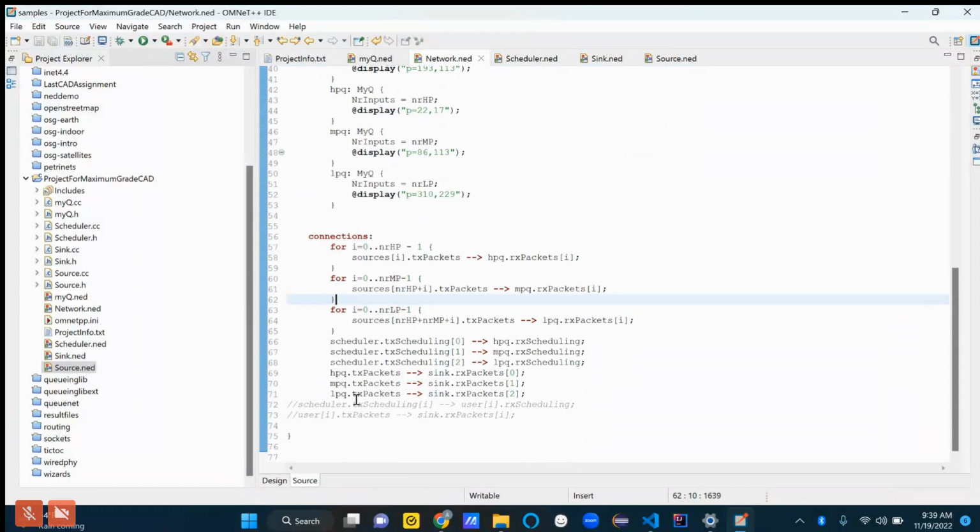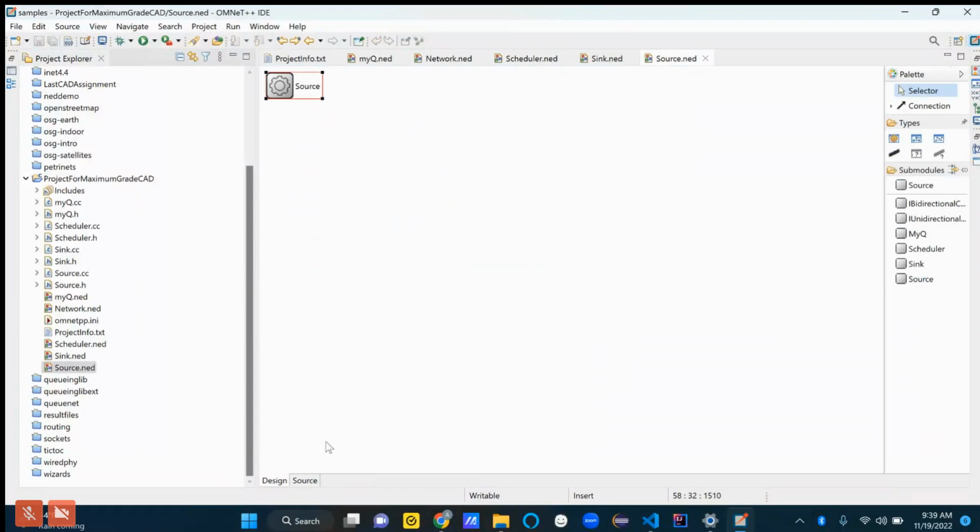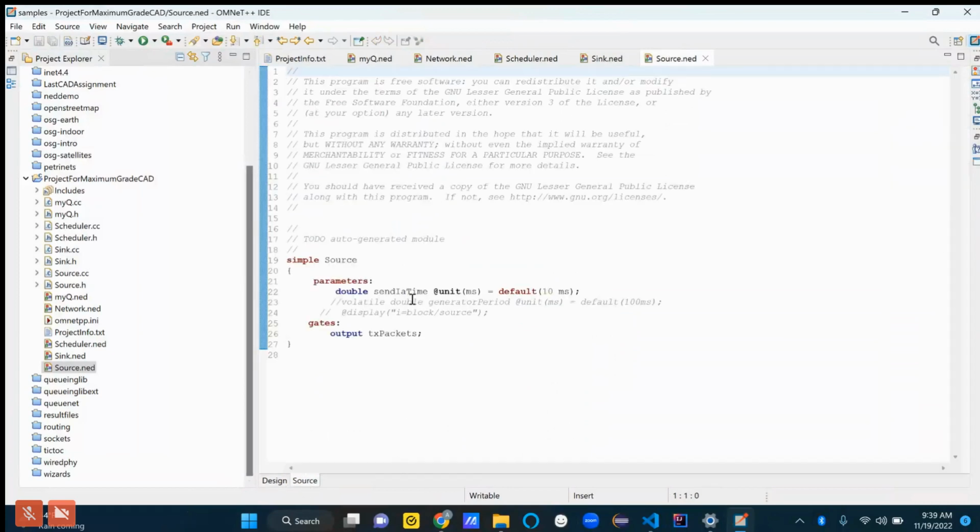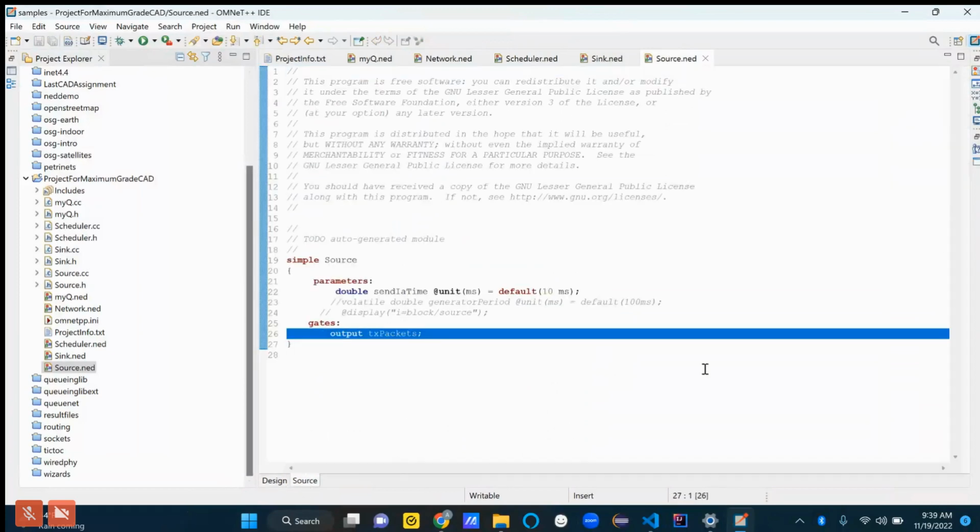But basically the idea is, this source thing, whatever the source is, apparently it has some gate called tx packets. Right. Okay, fine. So if we want to see that, we could go to the source thing and see that there's a gate defined as tx packets, or at least there should be. And there is. Cool.